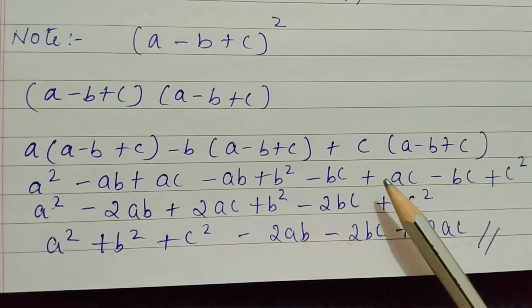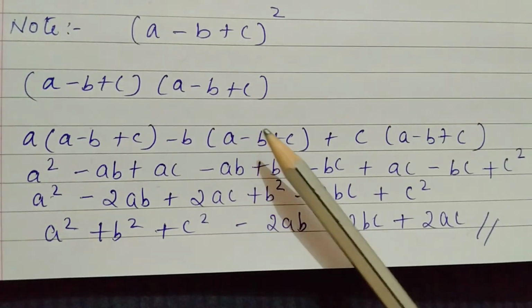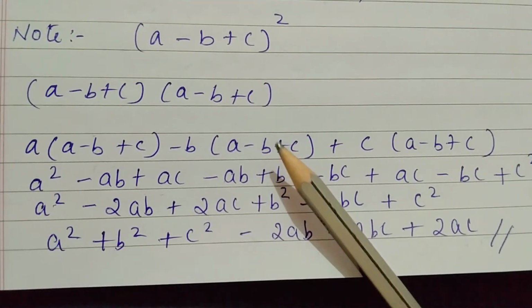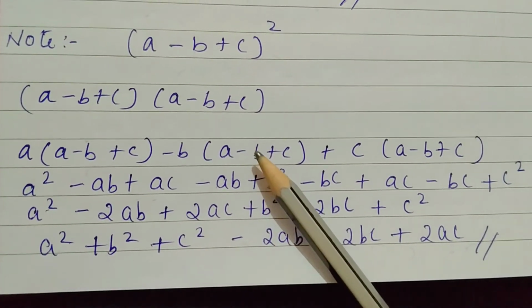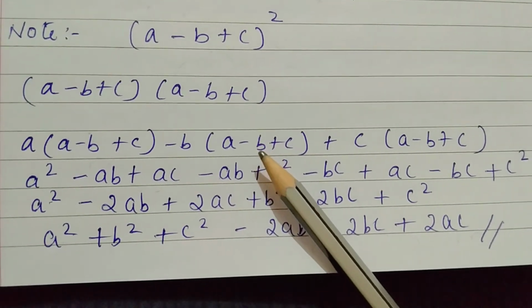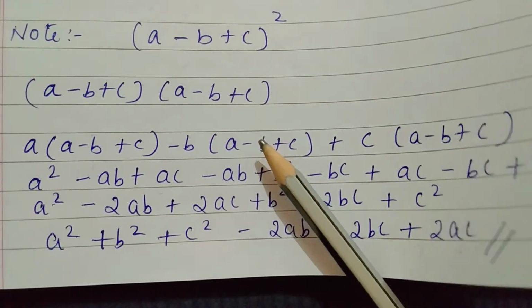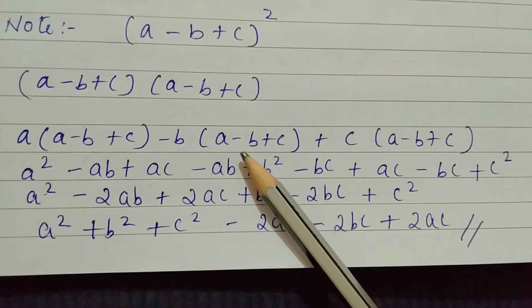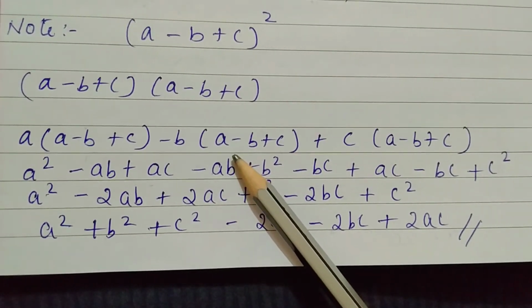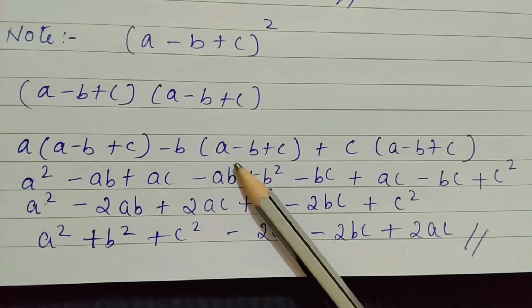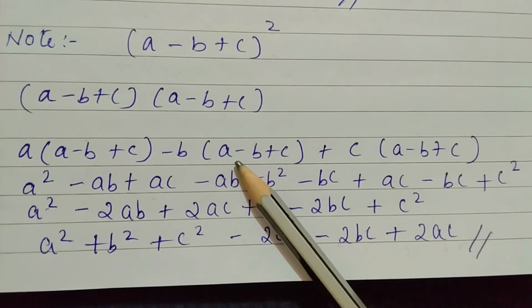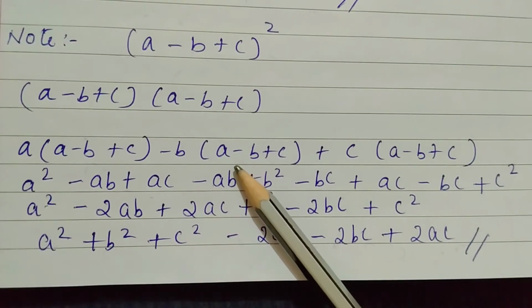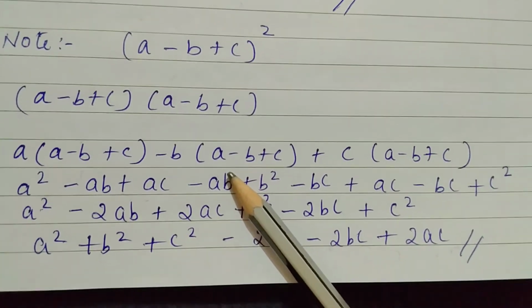Whenever you are getting any sum like this, you have to check properly where the sign is, where we have to multiply, and how we have to open the bracket. When opening the bracket, the sign is going to change. So wherever you have to multiply, minus into minus is plus, and put the sign of the greater number. This thing you have to remember always.